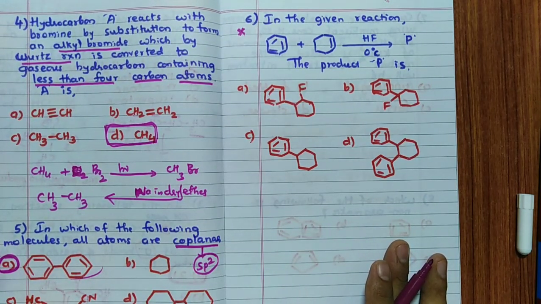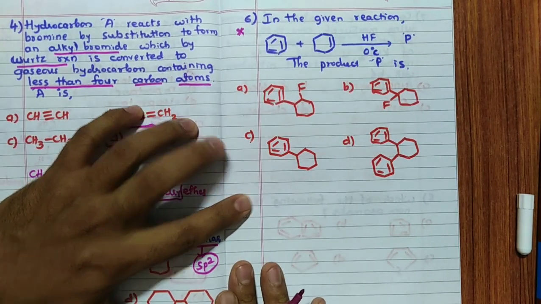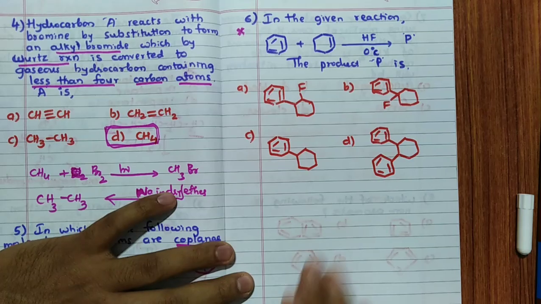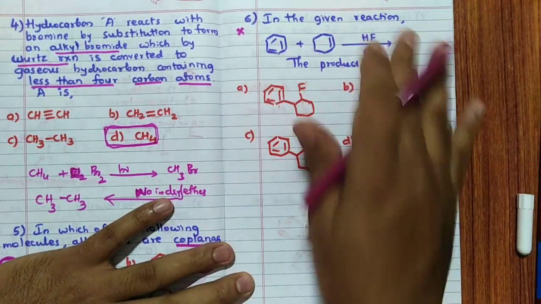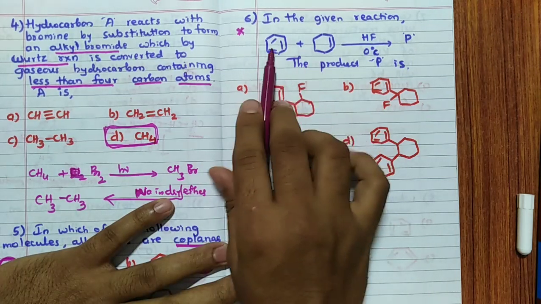Remember, this question cannot be solved by normal students. So normally what they will think is not enough here. You have to think extraordinary. So see, what I will do is, this is the product. This is the reaction. They have given HF at 0 degrees Celsius. Correct? Both reactants are there.